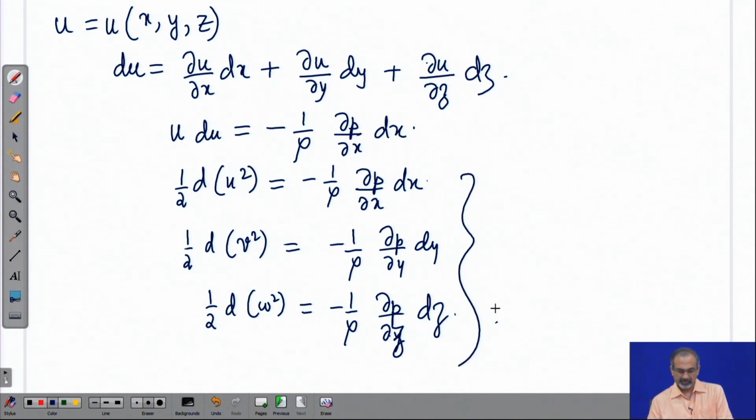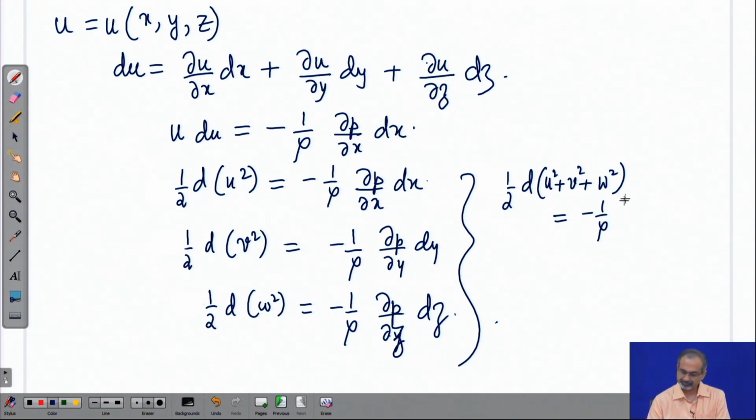You have to club them together. If you do that, if you sum them all, then what do you have? You have d of u square plus v square plus w square with the right hand side with the common factor minus 1 by rho. What will you have? You will have del p del x times dx,